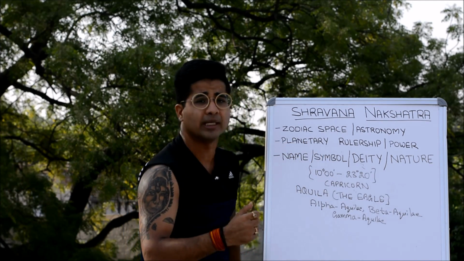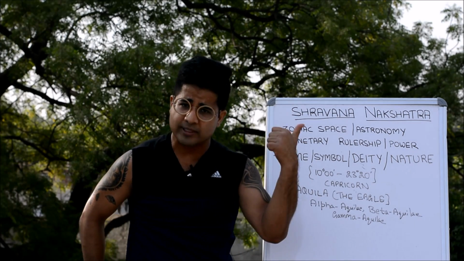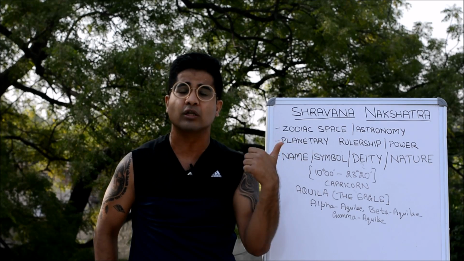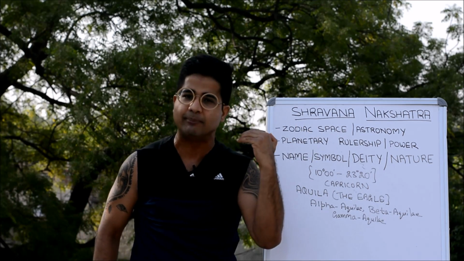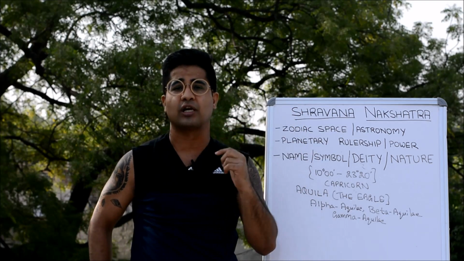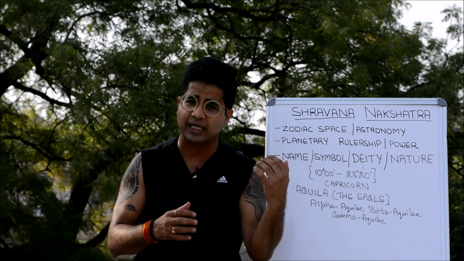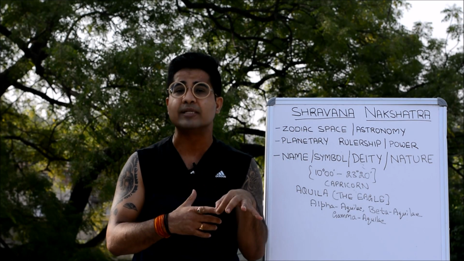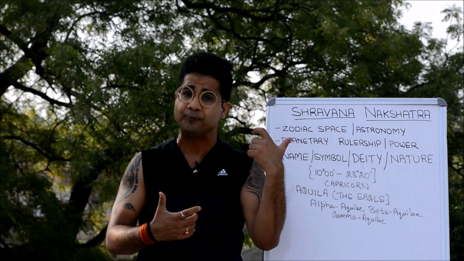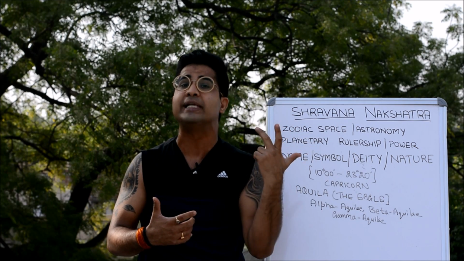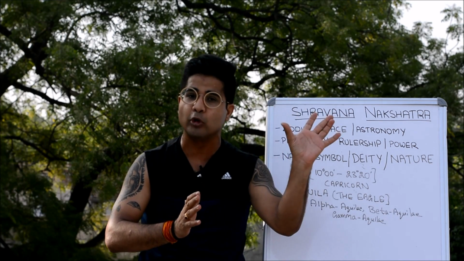When it comes to the symbol, the symbols associated with this nakshatra are three in number. The first symbol is the three footprints or three strides. Now what is the story behind that, which I am repeatedly mentioning in describing this nakshatra? You have to understand one mythological tale behind it. In ancient times, the demons were spreading their domain in all three worlds, the heaven, the earth, and even the underworld or netherworld. They even threw the gods out of their abode in heaven.